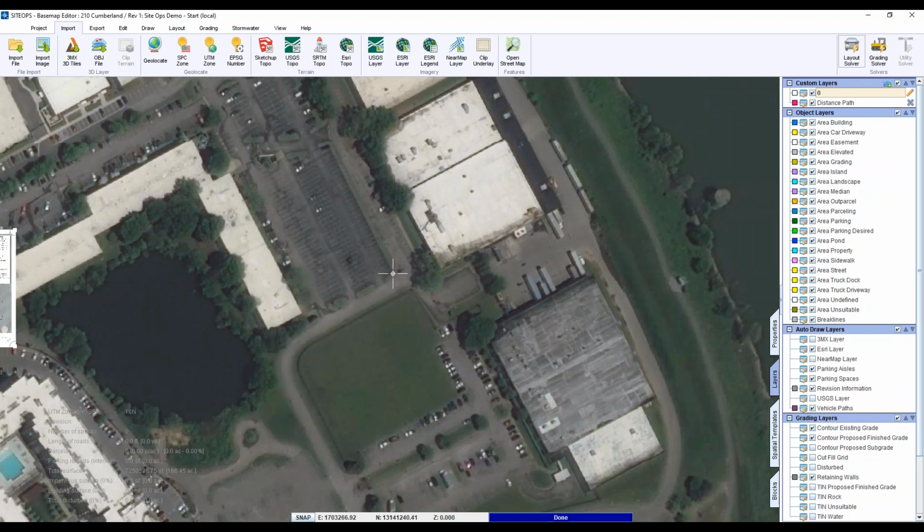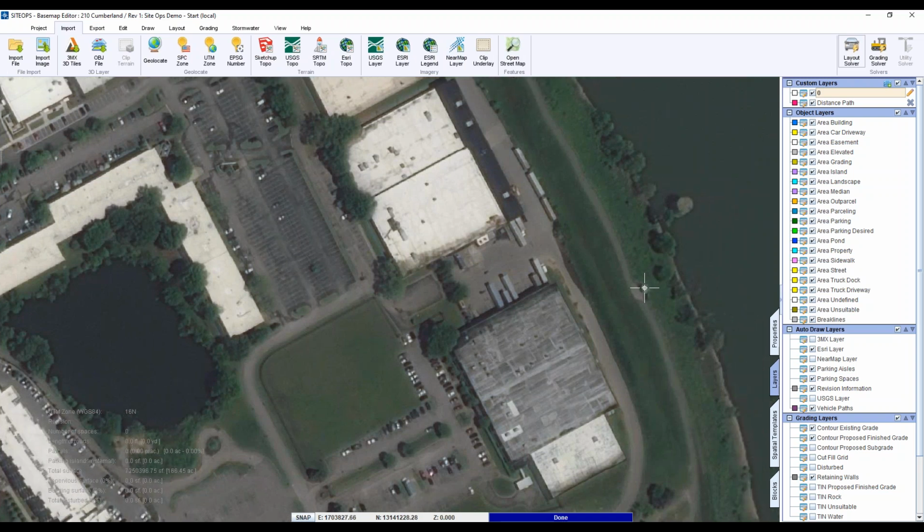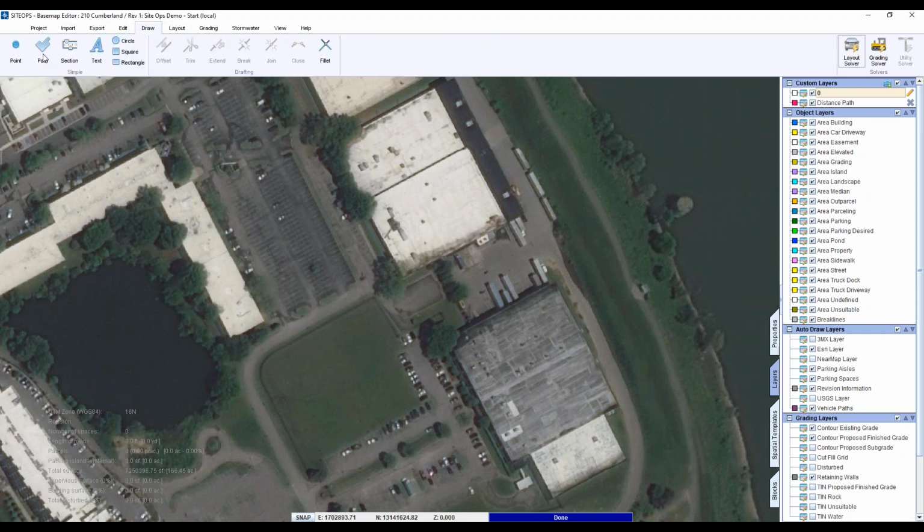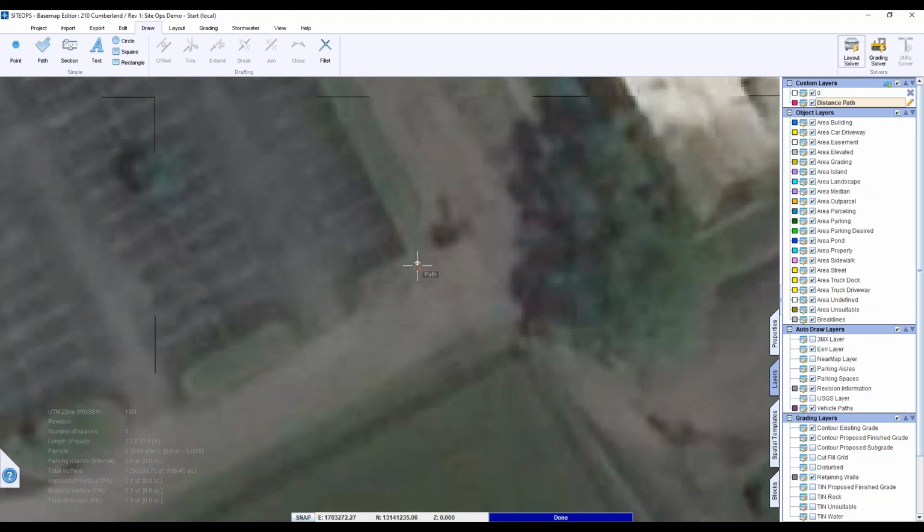One is this corner of this parking lot here, and the other would be this concrete pylon out in the river. So we're going to go to draw path, and we're already in distance path there. I'm sorry, we're not. So we'll escape out of that. Get there. Path. All right. So we're going to get right up on it.